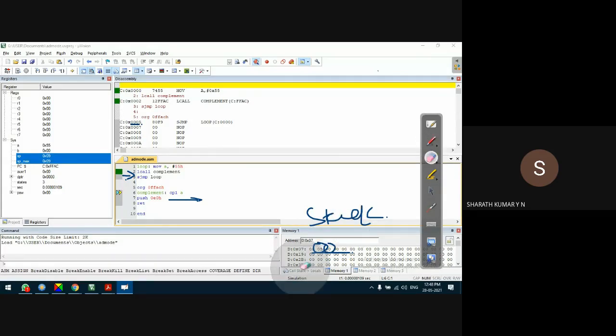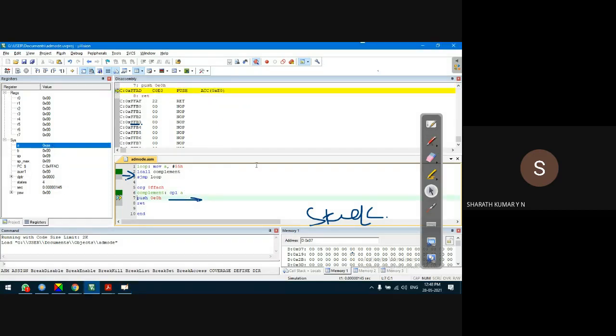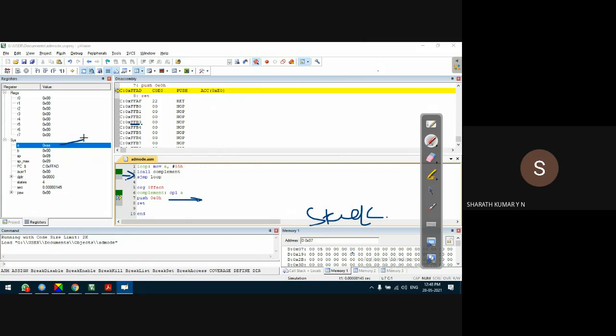Okay, fine. So next what happens is that in the target subroutine, complement A. So the content of A is complemented as 55H. Next, the push instruction is used. Push the content of the accumulator, whatever we have complemented here, on the top of the stack memory, that is, in the next consecutive address. It should be somewhere here.